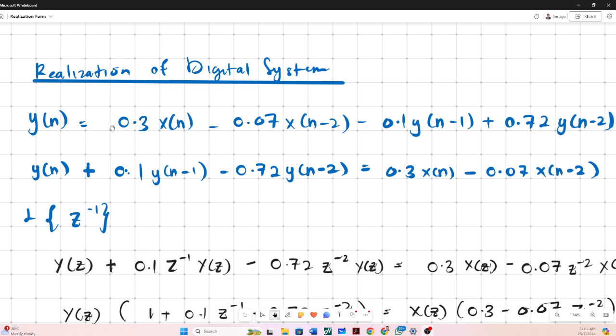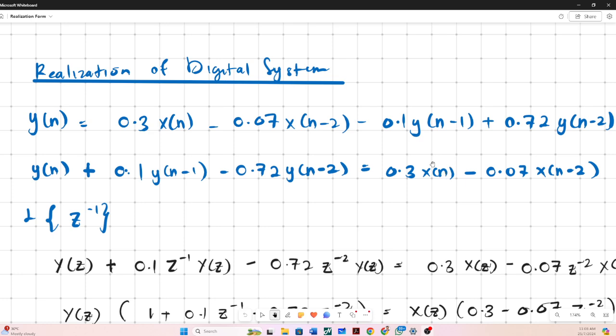For example, the question gives us y[n] and x[n], and then asks us to find the system H[n]. So what we need to do first is isolate y[n] in one part